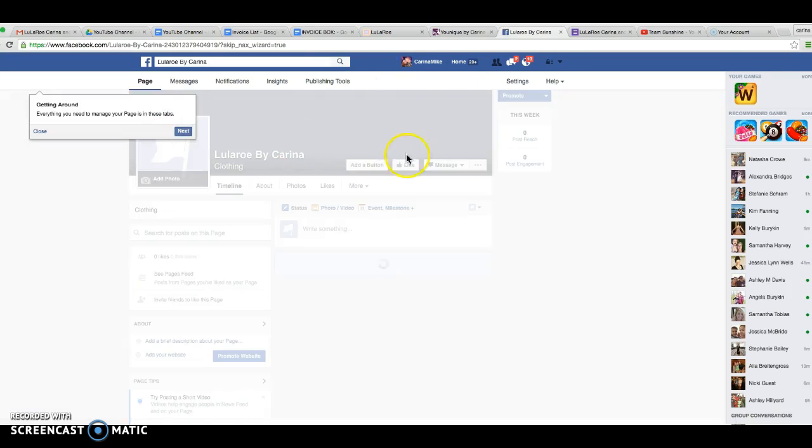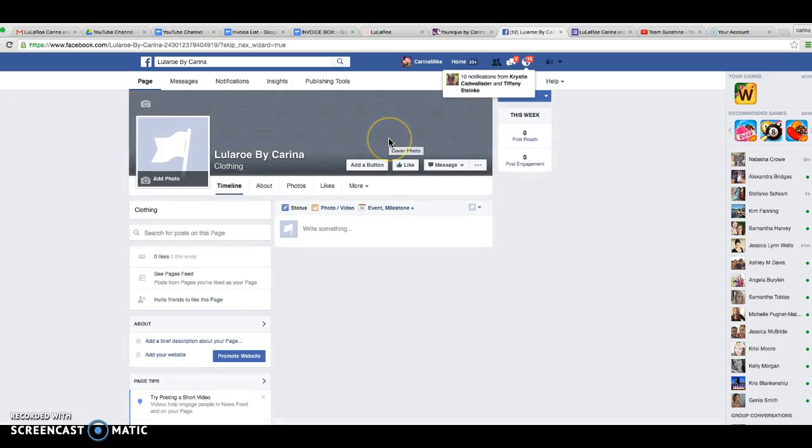So then here we go. On here, you are going to want to upload a nice bright cover photo. That can be like a LuLaRoe cover photo, something that's going to really explain right when they click on this page, they see you in your profile picture with a bright, beautiful picture of you in the clothing, and then they have a really good explanation of where they are. So one of the biggest things you're going to want to do is scroll down here to the About section and add a brief description about your page. Something that is going to explain really quickly what they can find when they click your page, etc.